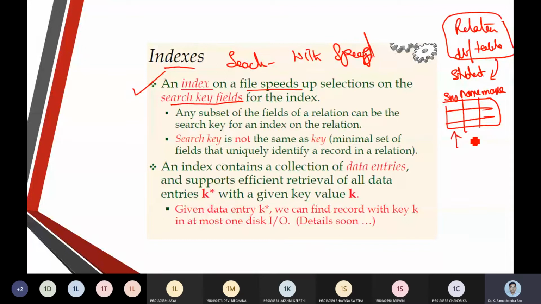Now I have student number, name, and marks. So these three we call attributes: attribute 1, attribute 2, and attribute 3. And now we do have some records here. So we call them row ID 1, row ID 2, and row ID 3. Okay, now let us look at the definition.